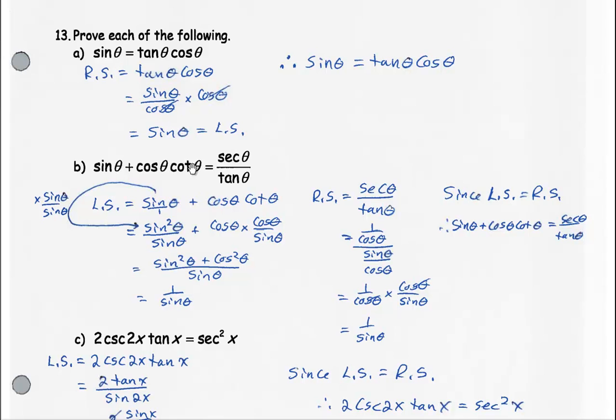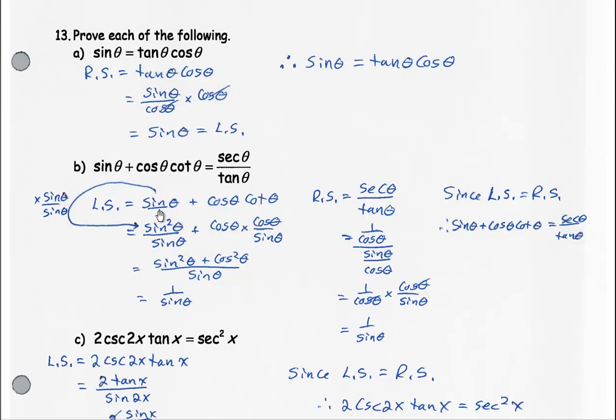For the next one, I would consider the left side to be the more complicated looking side. So I'm going to write the left side: sine theta plus cos theta cotan theta. And so I'm going to start with my sine theta here, and I'm going to replace the cotan with cos over sine. And now, once I do that, I'm noticing I'm going to have a denominator of sine here,